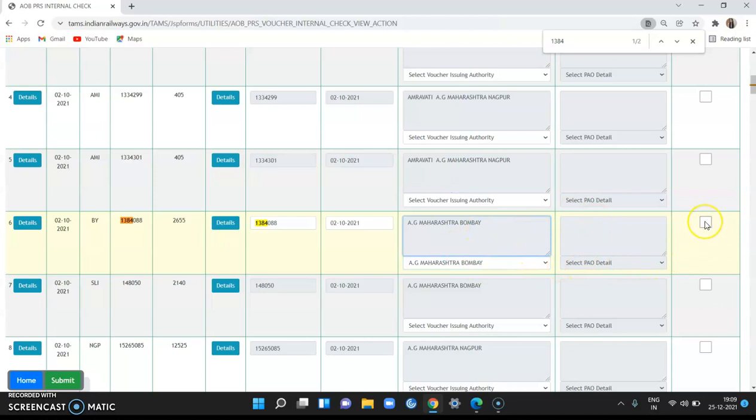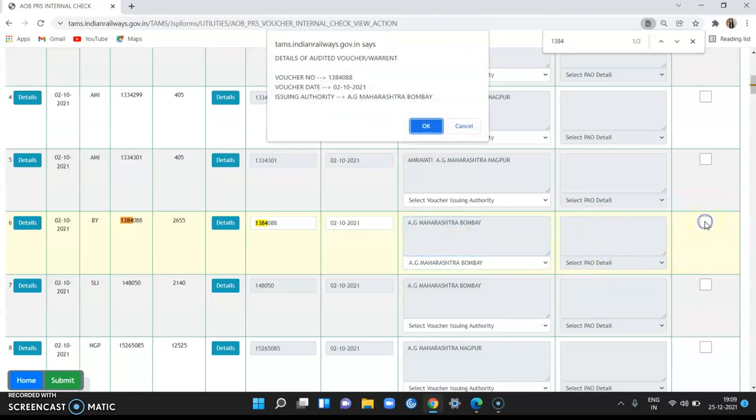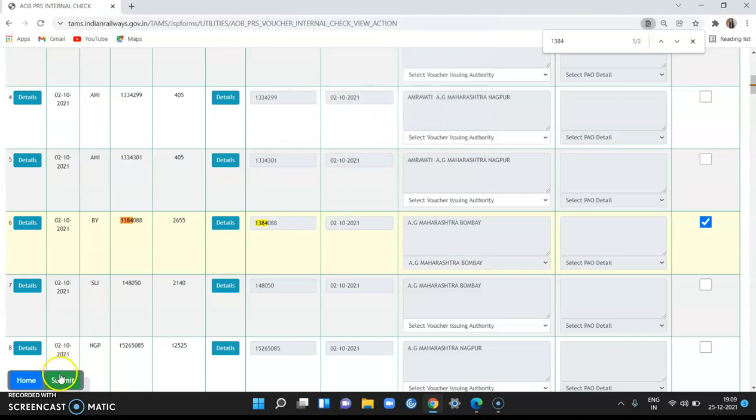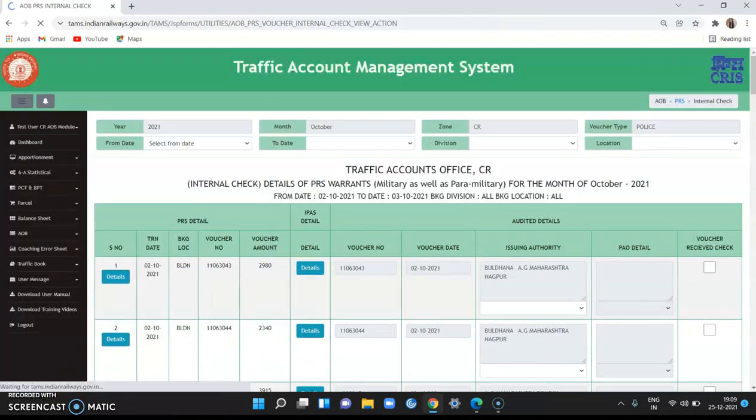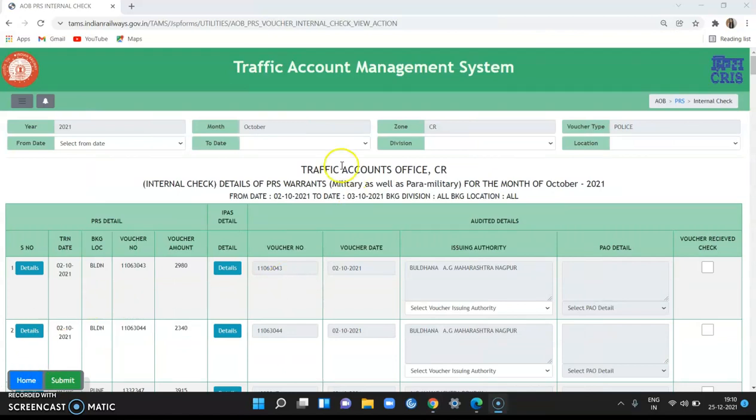And tick the box voucher received check. You will get a pop-up message to again check detail before submitting the voucher for bill generation. Click OK and submit. This was for police warrant.